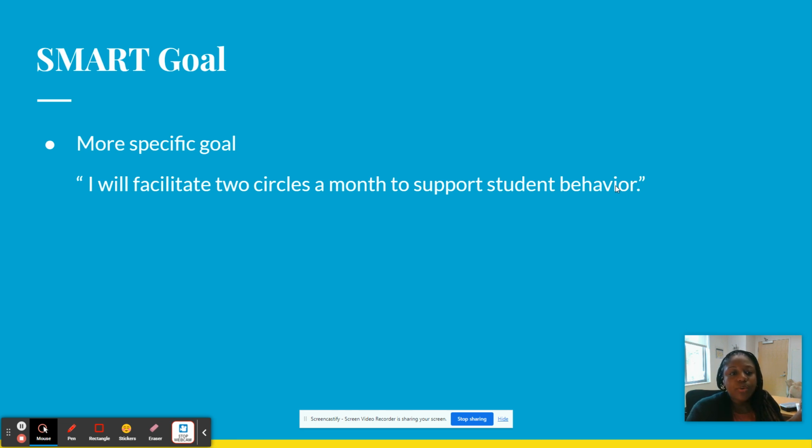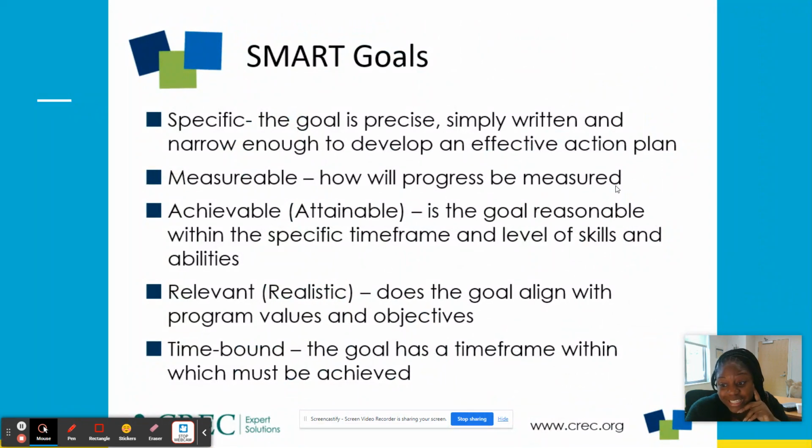So I think this is a little bit more specific, and it's better to say that you will do something versus trying to do it, because I think when you say trying, you are kind of leaving it open versus saying that I'm going to take the action steps to meet my goal and to accomplish what I am setting out to do. All right, here is a chart with our specific, measurable, achievable, relevant, time-bound chart